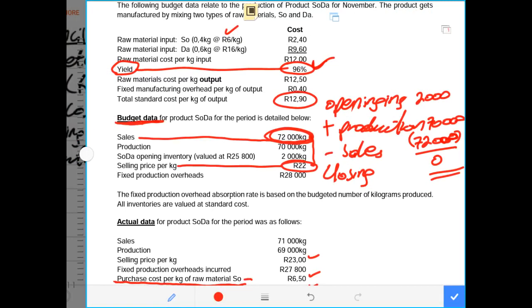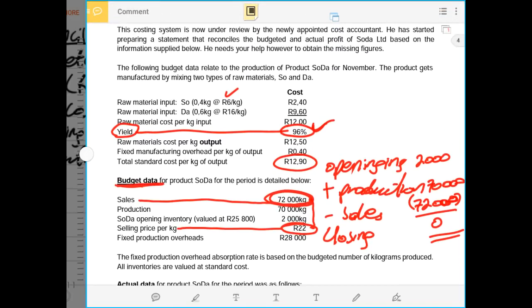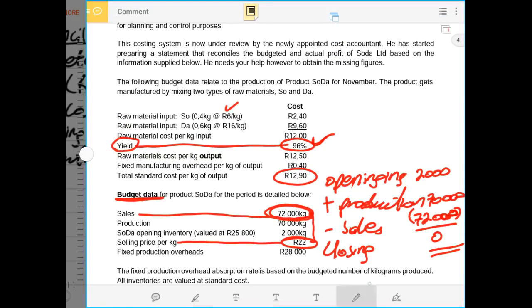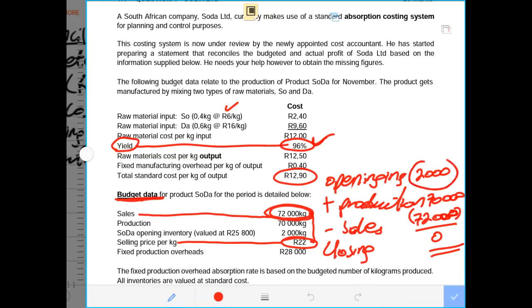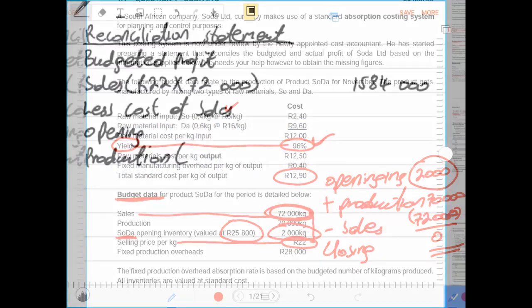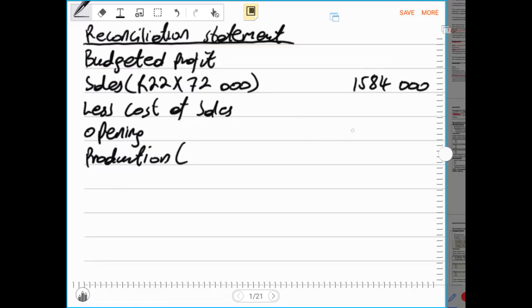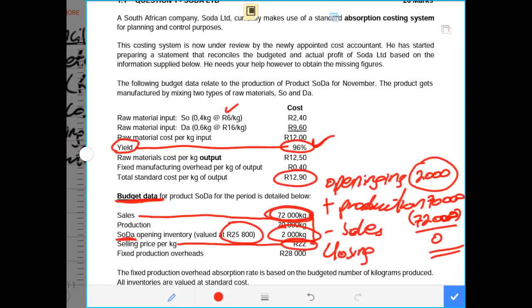We know that our opening inventory was 2,000 units, which was already given to us. And they've already given us the opening inventory for products sold budgeted at 25,800. So for the opening, there is no problem. We can just write the opening as it is, 25,800 rands. And our production, we know that our production cost per unit was given to us as 12 rand